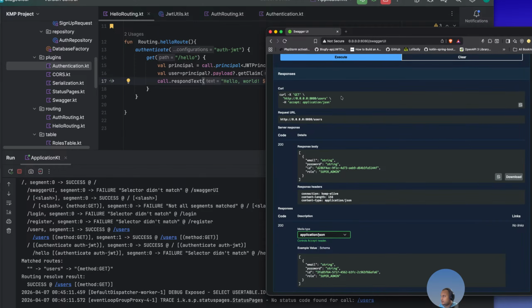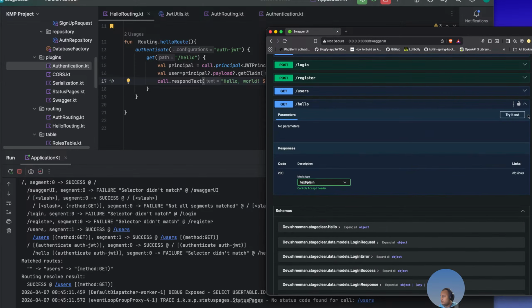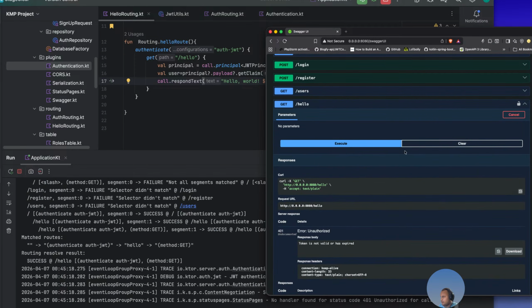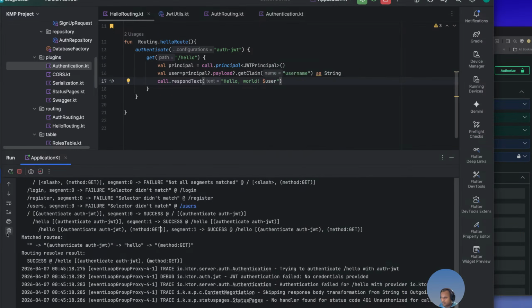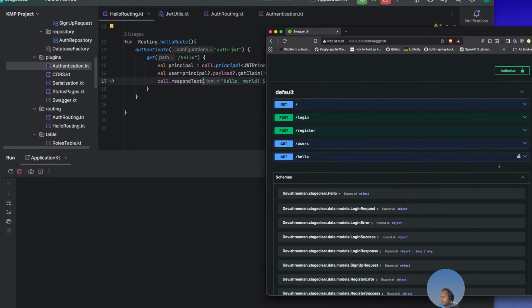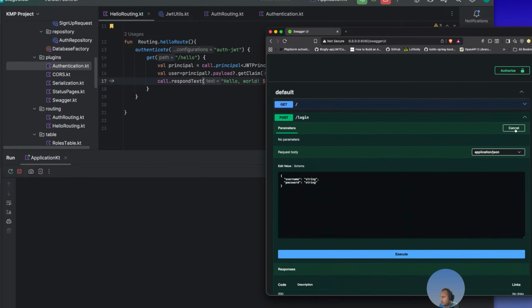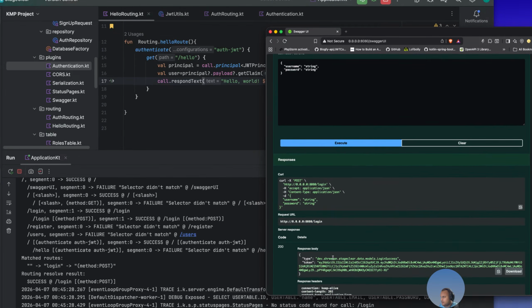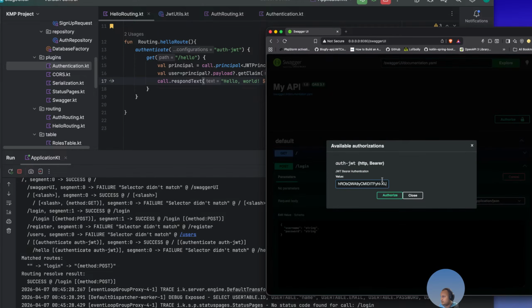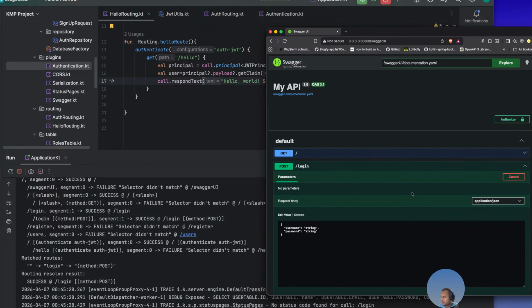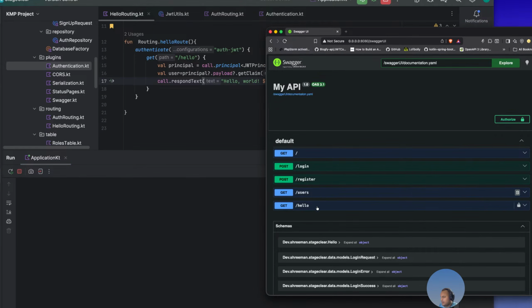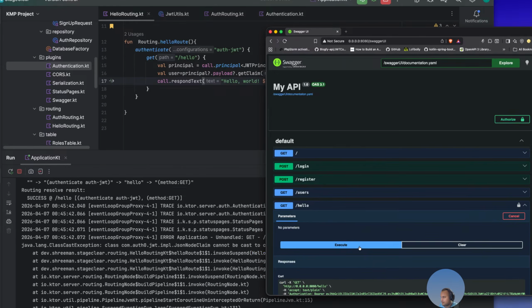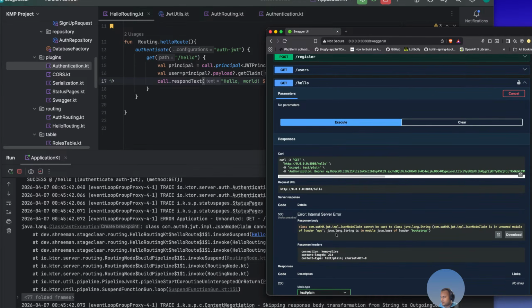Yeah, users are there, and we'll check with hello because we are not authenticated now. We should get token is not valid or expired, or we are not passing the token. That way we can check it out. And then login should give us back a token, and we'll put it here in authorize, and we have authorized now. We'll clear it out here, and we should have access now to that same thing. But it's saying that